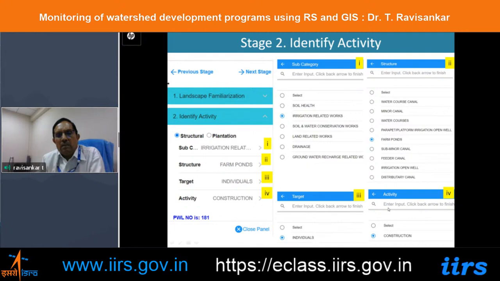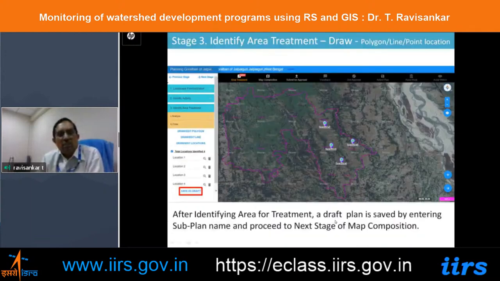So it is individuals, and the activity is construction. So this is the second stage of planning the activity. And then based on the information and all other things, and based on the activities sponsored for the sanction for the coming year or next year, you can identify based on the natural resources and all the geotags and the terrain conditions, the activities you can identify and pinpoint them, and make a map for presenting to the Gram Panchayat